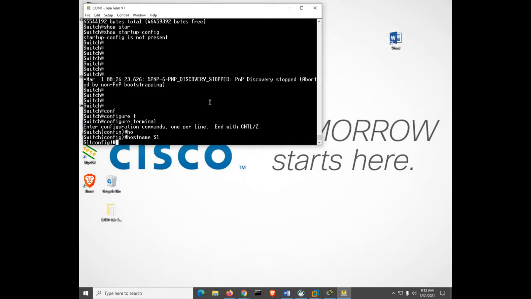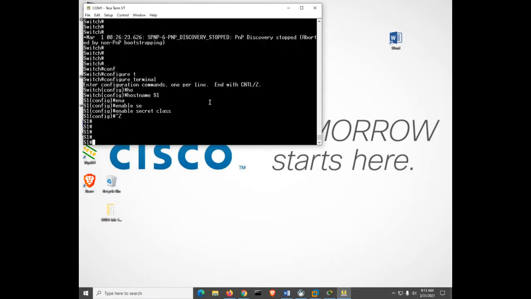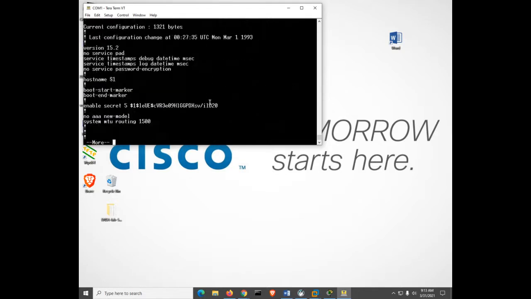Then let's set the password for getting from the user exec mode to the privilege exec mode. Enable secret class. It shows up as clear text when I type it in. Notice that now when I do a show run, the enable secret command